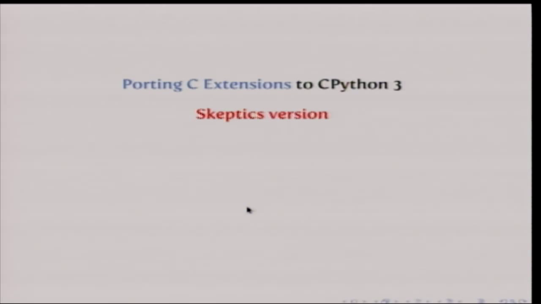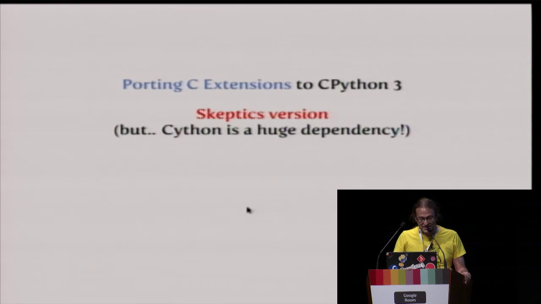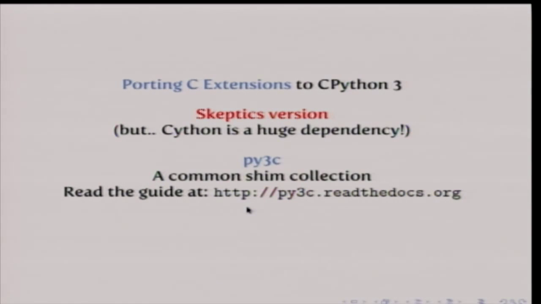If other people on your project don't like Python and you have to convert a C extension, well, there the situation is a bit worse, because you can still start with writing these little compatibility macros, and you will realize that most of these are very simple. You just need to read the docs and know what they do. And it would be really good if there was a collaboratively maintained collection of these macros you need for porting C extensions. So if you're ever in that situation, you're in luck,